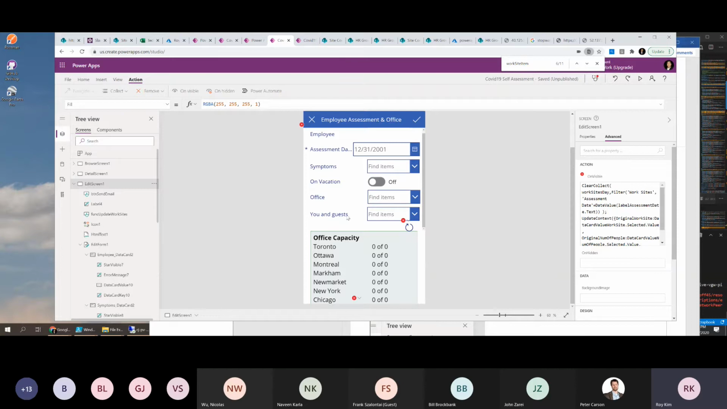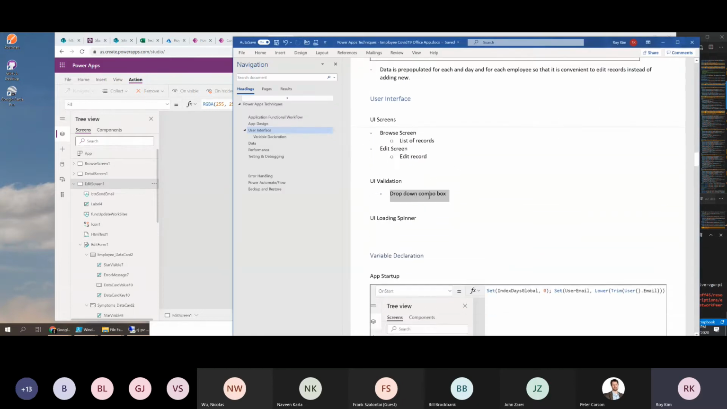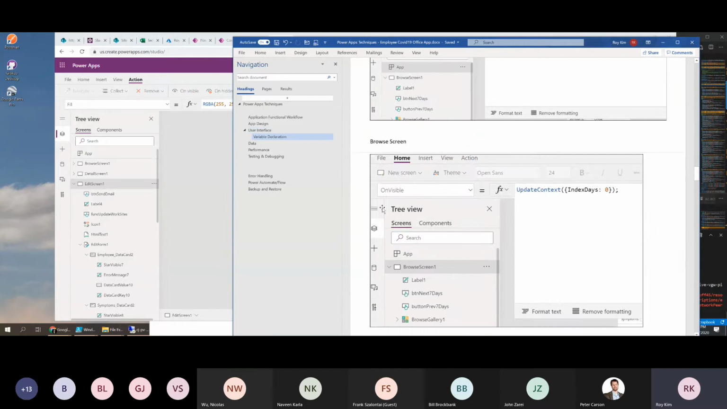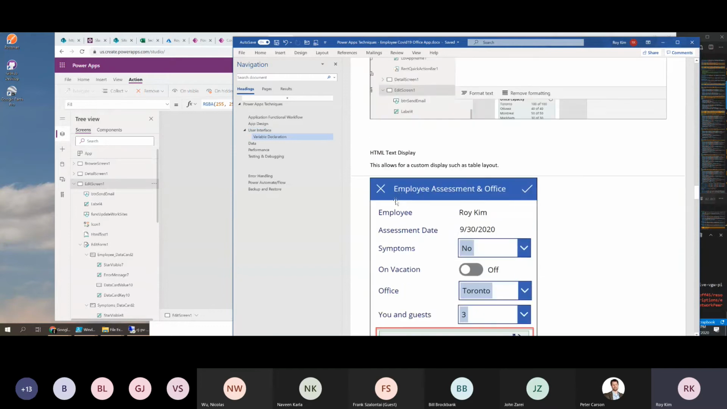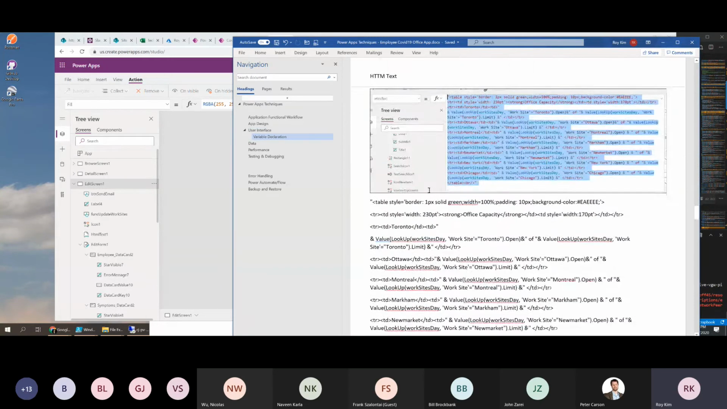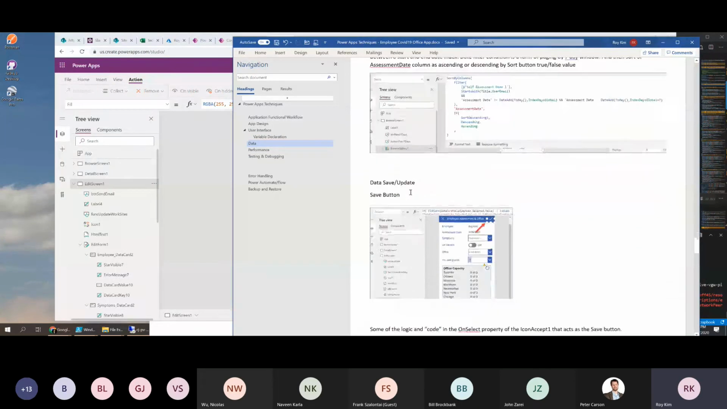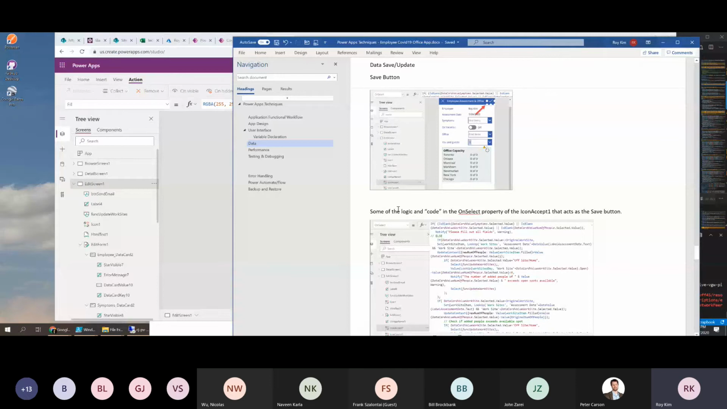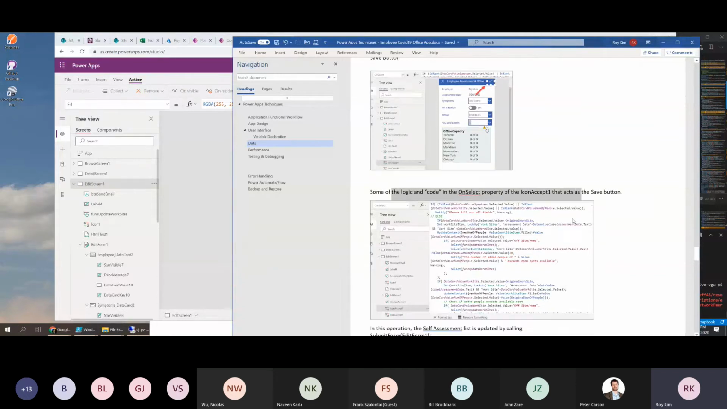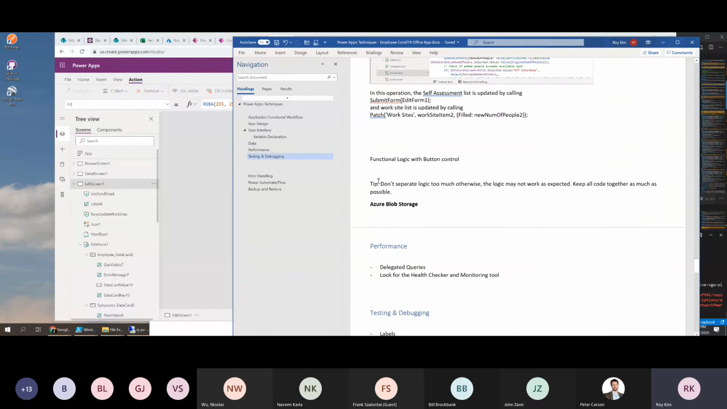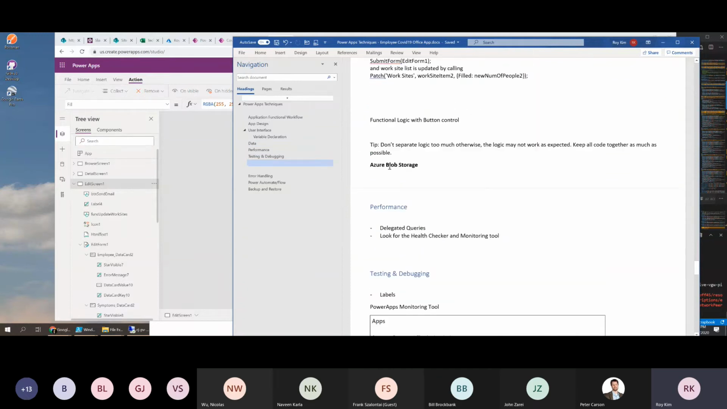So the next thing is, okay, let me go back to my talking notes. Okay, so we talked about the variable declaration, the browse screen, edit, the HTML table, which is this, and let's see here. So we talked about this, the saving. Okay, so we talked about that. Oh yeah, let me go over the Azure